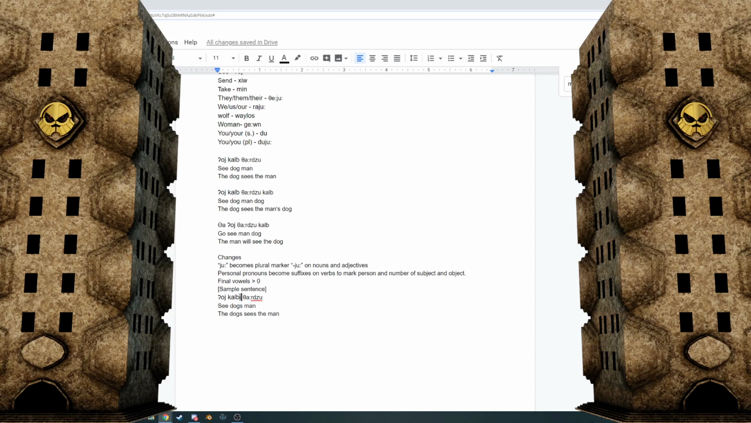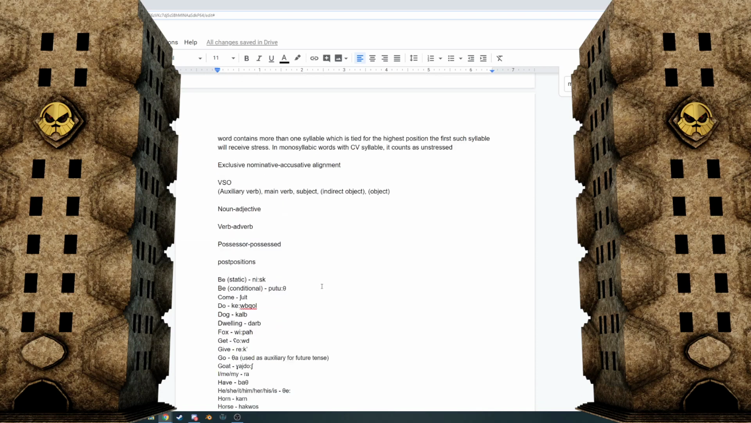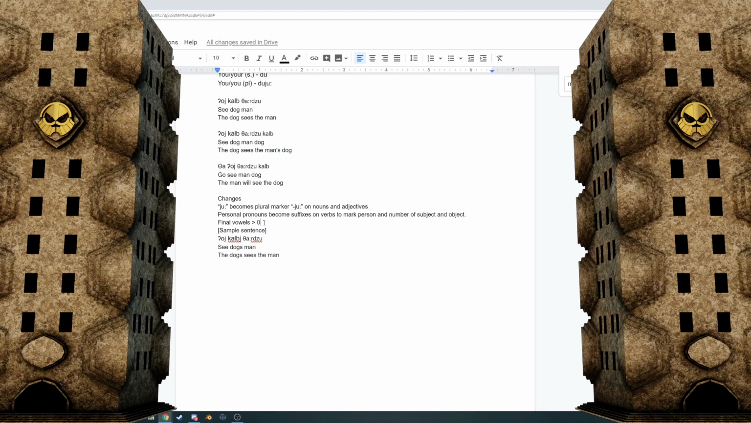Okay. How do I want to do that? Okay, you know, we're going to go with C with the Y sound, ya. So consonant ya. Word final yields consonant E. So it's going to be kalbi. So the dogs, but we also have to add in that we're going to have the